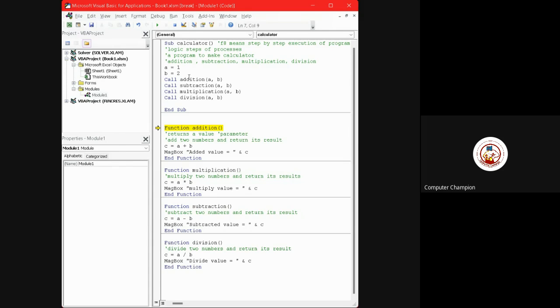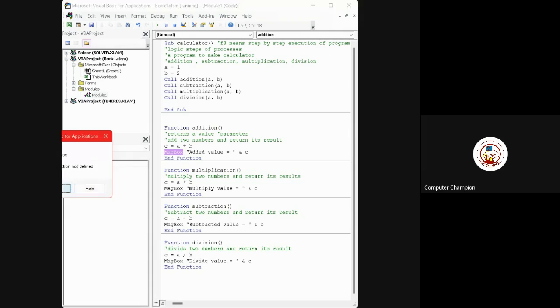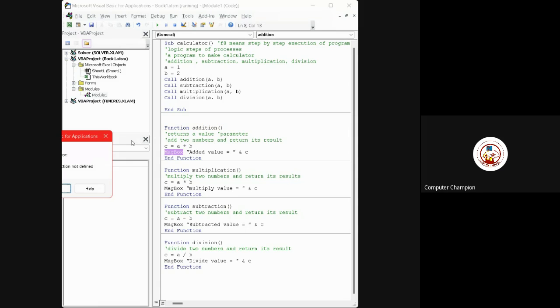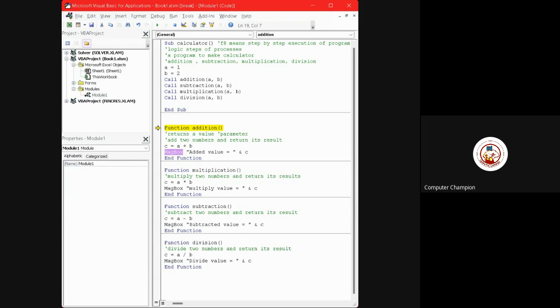Am I supplying these two parameters, A and B, in my other functions? Yes, that is why he is getting the error. That is why Ansh is getting the error and you all will get the error. Because I am not supplying these two parameters in the other functions here.